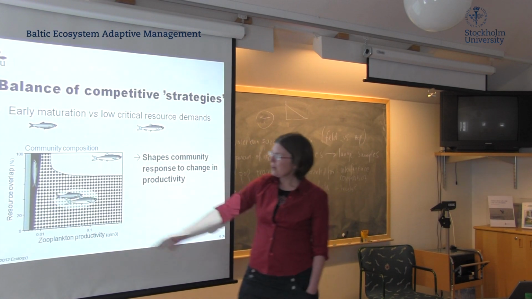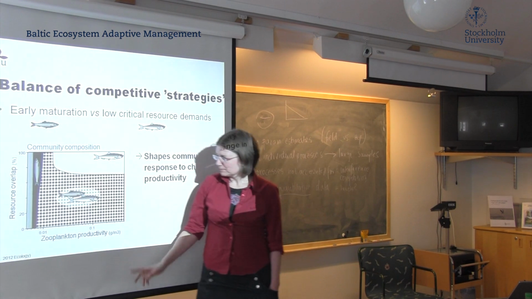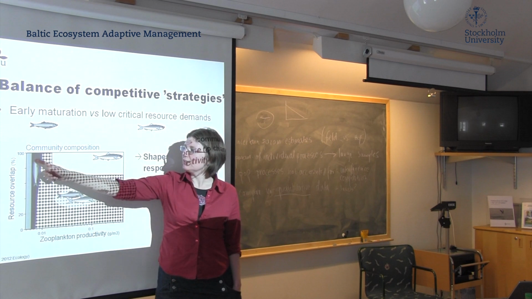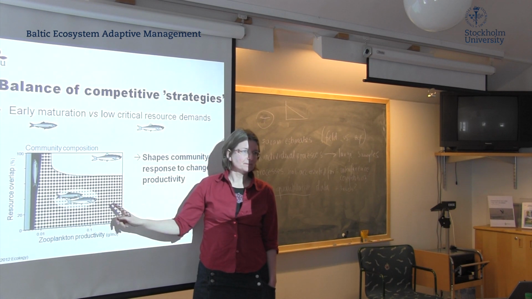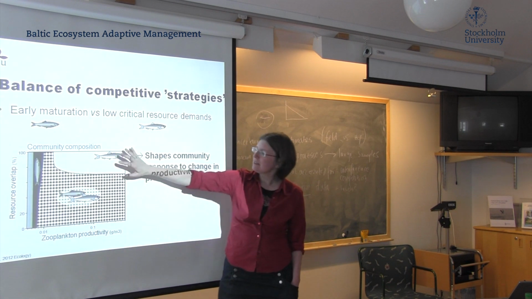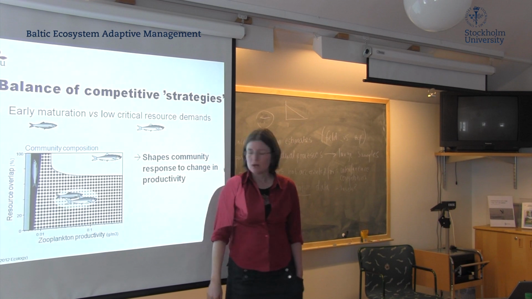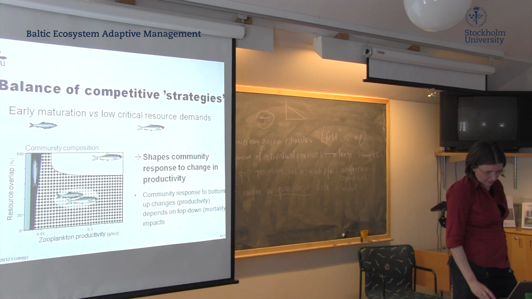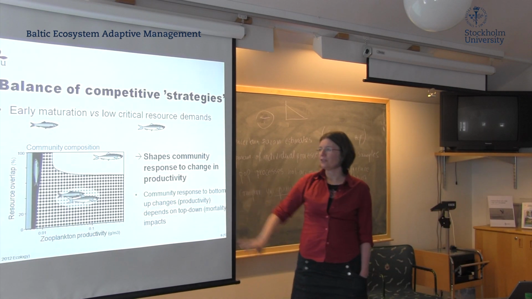Okay, so if we have size-dependent competition, high competition level up here, the responses of a system to enrichment will be different if we're up here with a lot of competition than if down here, right? Here, enrichment leads to loss of spread, whereas here it doesn't. Okay, so it determines how the system responds to productivity. I'm not showing it. I can show it later if someone's interested. But